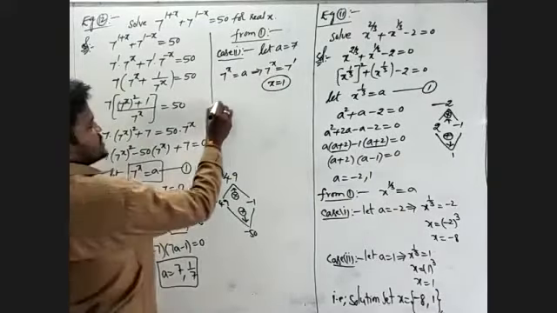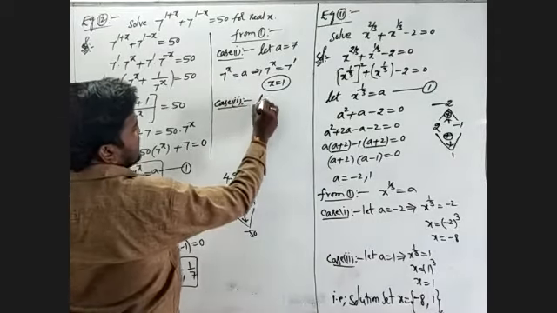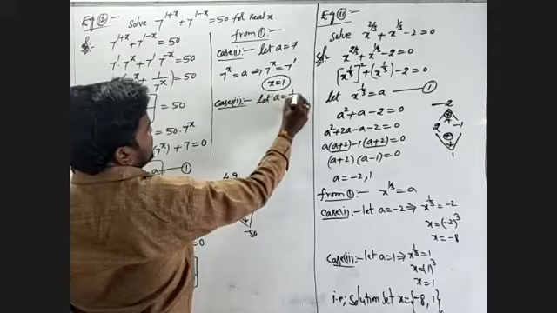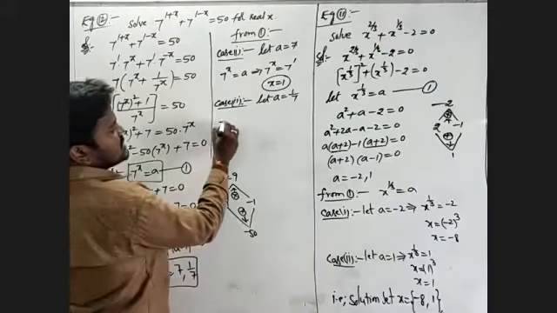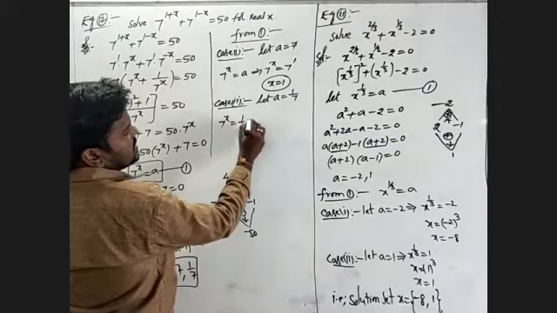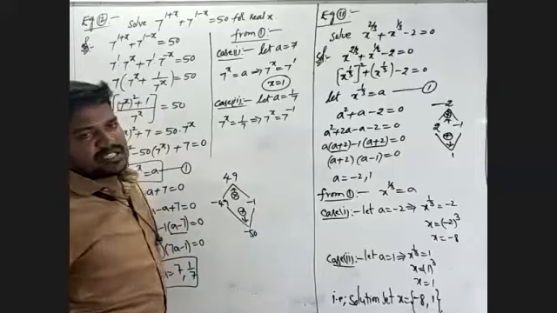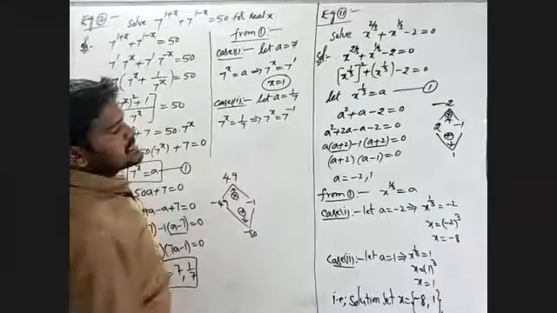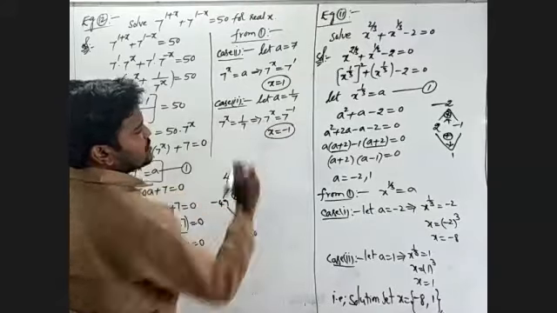After this, we'll take case 2, that is, let x is equal to a, where a is equal to 1 by 7. We'll take another one. I have to substitute in this one: 7 power x is equal to 1 by 7. 7 power x equals 7 power minus 1, we'll write. Since the bases are equal, the powers are also equal, so I will write x is equal to minus 1.